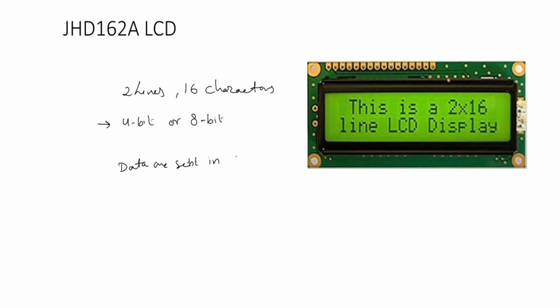4 bits is called a nibble, and we have to send it 2 times, since we are not sending a byte. The 8-bit mode uses D7 to D0, while 4-bit mode would use only D3 to D0 or D7 to D4. If you are sending in 4-bit, we connect the higher data lines, so the data are sent through D7 to D4.